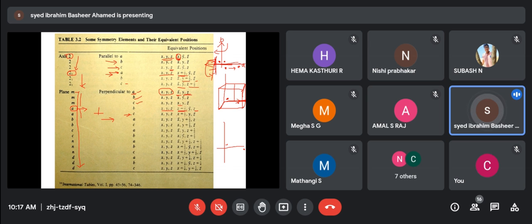An A glide you will translate along the X axis, the A axis only. All right. So that will be X plus half, and then Y, Z bar. Okay. If it is a B glide, the B glide can be perpendicular to A and C. So you will change sign only in A and the distance along the B axis. Okay. So similarly the C glide and so on.